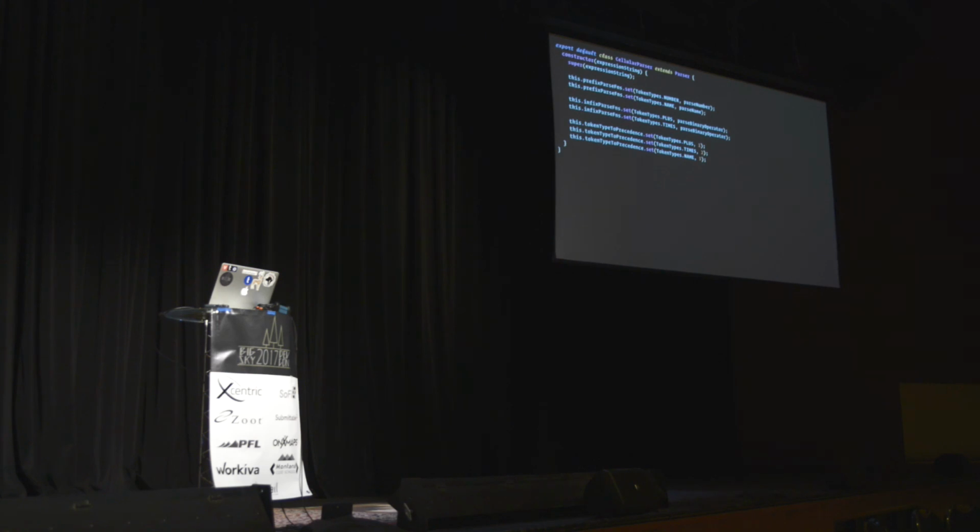We introduce a couple of prefix parse functions here that we can use one of those to parse a number. We can use one of those to parse a name. We introduce a couple infix parse functions. We can use one of those to parse plus, one of those to parse times, and then we set the precedence here. So we're setting 1, 2, 3 in order from plus times to name,